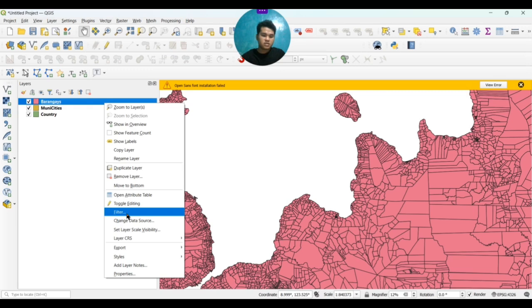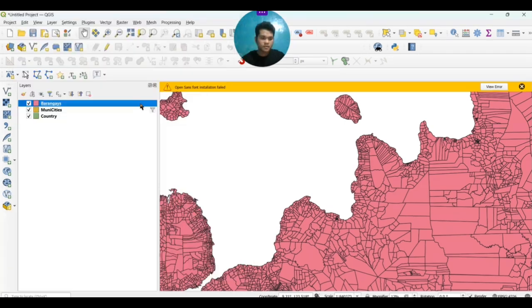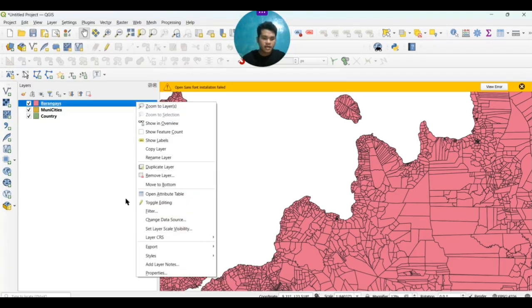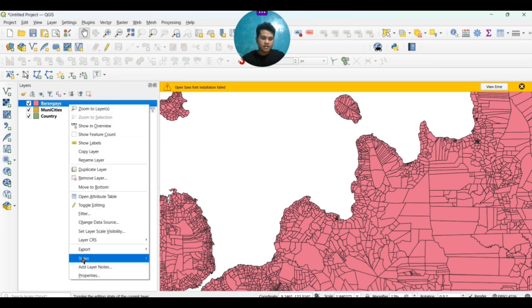You just right click. I just want to show it to you again. Here's my cursor. Click the barangay layer and then right click it.